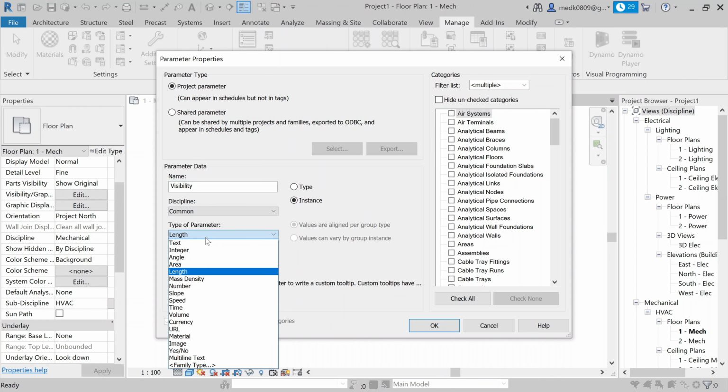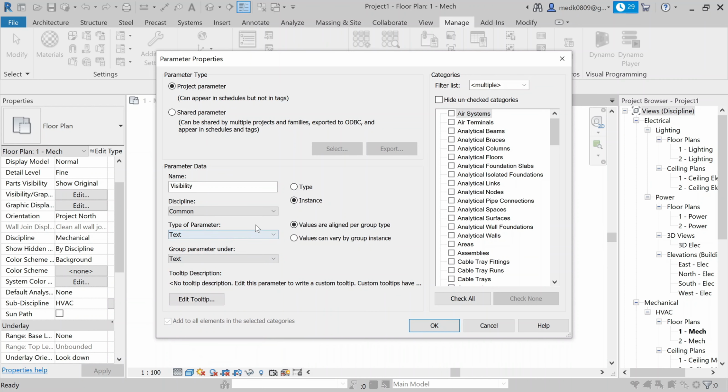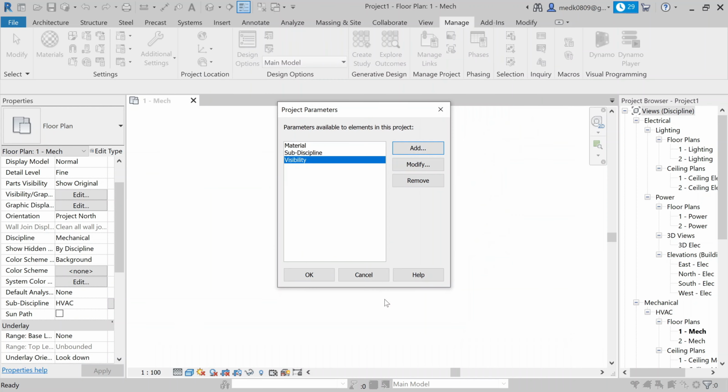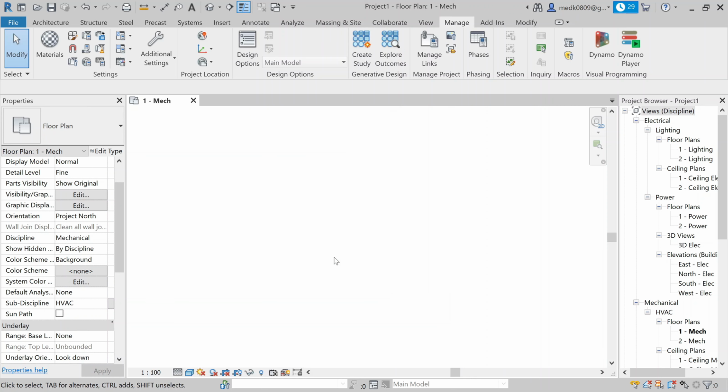Type of parameter, you will select text, okay, and this will be instance parameter right now. Now from the categories you have to select the pipe and pipe fittings. Here we have pipe fittings and the pipes. Also you can select pipe placeholder, then click on OK. Okay, so the visibility parameter has been created for the pipe.